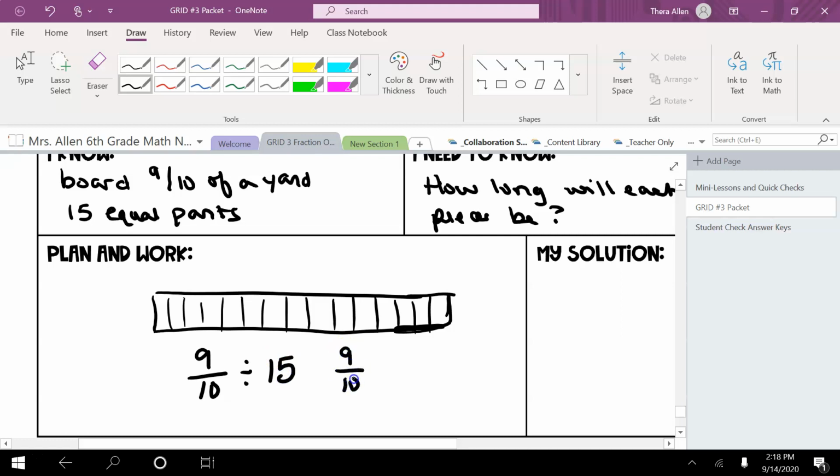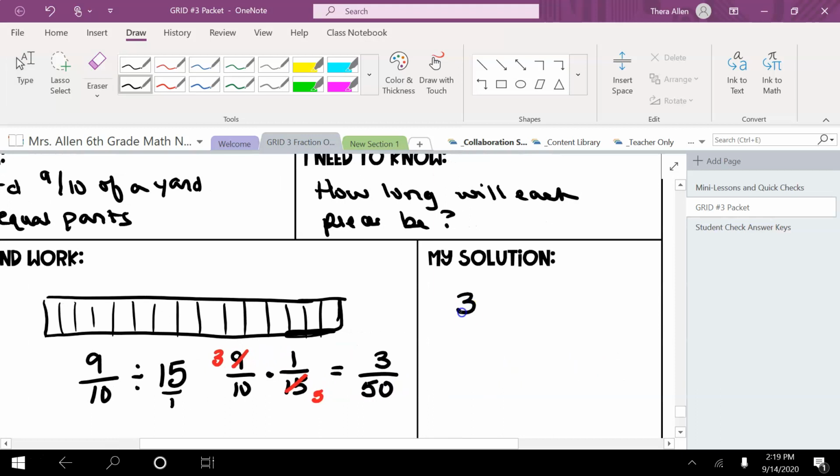So I keep my first fraction, change to multiplication. Remember, 15 is over 1. Excuse me. And then I flip. Now I can cross cancel. I know that 3 can go into 9 and 15. 3 goes into 9 three times, and 3 goes into 15 five times. Now I multiply across. 3 times 1 is 3. 10 times 5 is 50. And this is simplified. So each piece is going to be 3/50ths of a yard